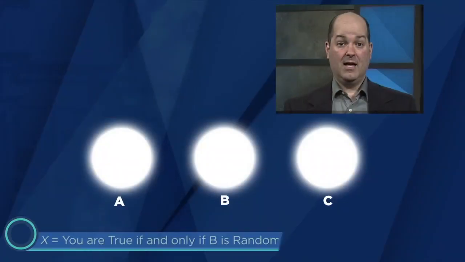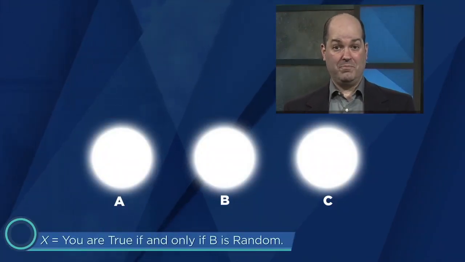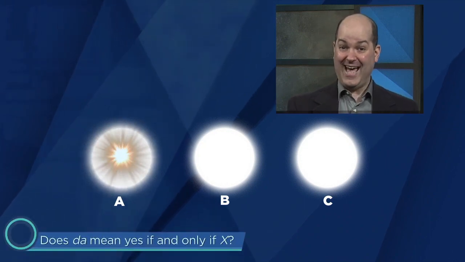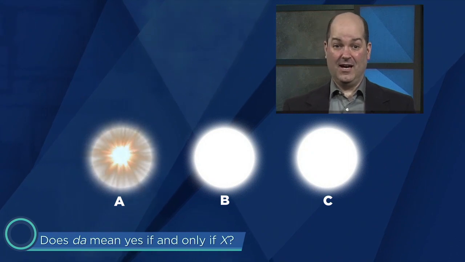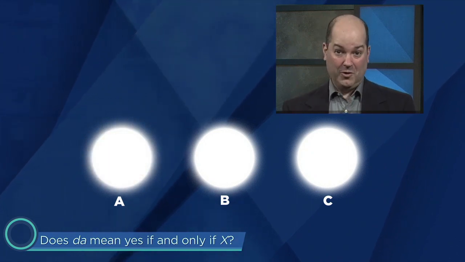So all that's left is to find a first question that definitively identifies one God as not random. It's actually this step that causes most of the complexity. For this purpose, Boulos came up with this. We'll let X be the assertion, "you are true if and only if B is random." And we now ask A, does da mean yes if and only if X? In other words, does da mean yes if and only if you are true if and only if B is